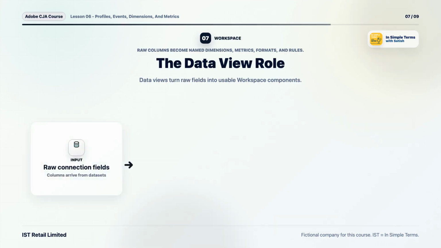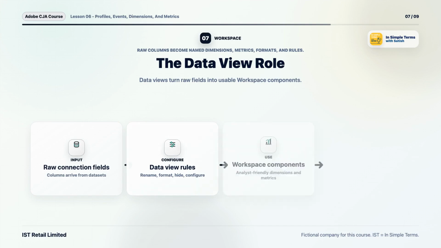Here is where data views become important. A data view tells CJA how to interpret fields from a connection. Adobe's documentation says a data view specifies the dimensions and metrics available in Analysis Workspace and which columns those components get their data from. That means the same underlying field can become useful reporting components when the data view is configured well.